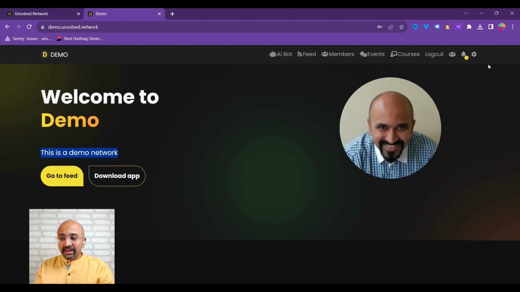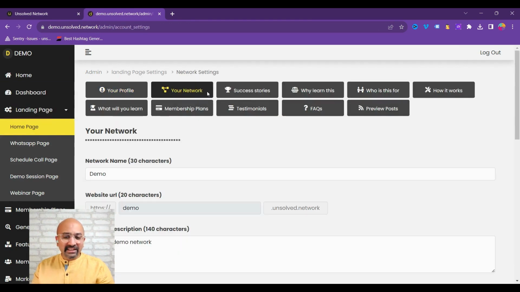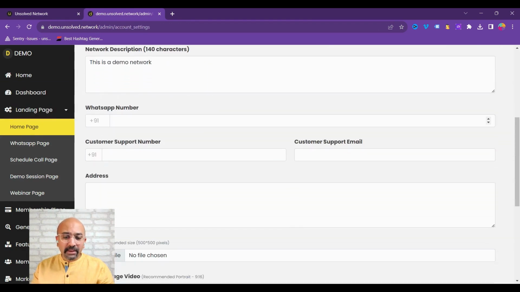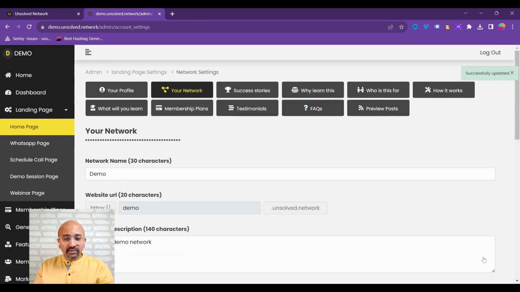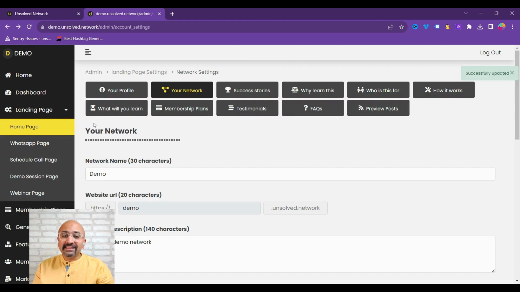Now the same thing, you again go back to settings, you go back to landing page and home page, and then just edit more things, right? So you can add a WhatsApp number. The second you've added a WhatsApp number, go back there and see how it looks. That's the essential bit. As soon as you've done this, for example, you go here and now you have this WhatsApp us component. So you can easily make changes and go back and see how it looks, and this is how you edit